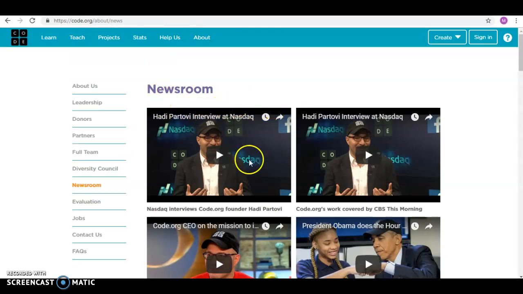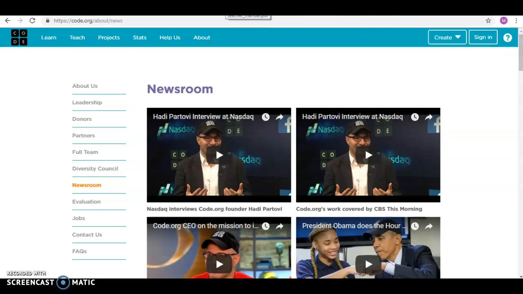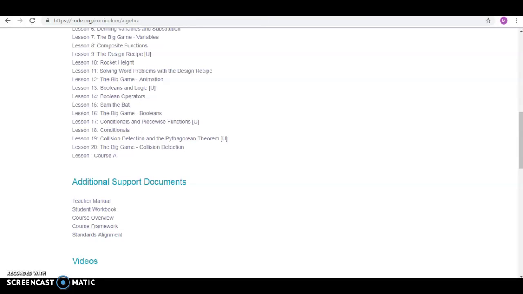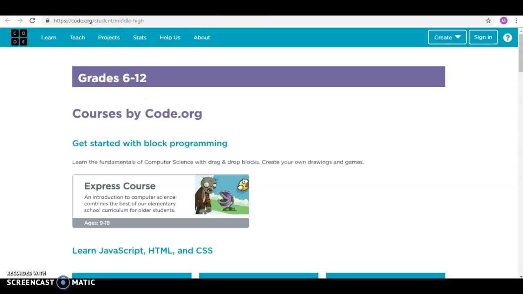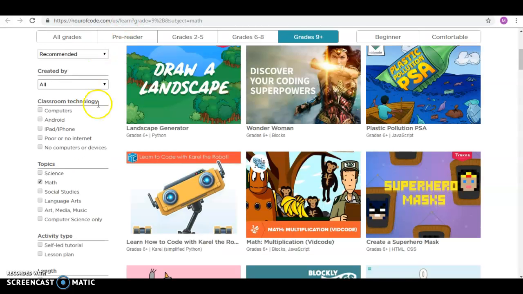You can see just how popular code.org, this advocacy coalition, is. Really popular. They've got plenty of videos here if you would want to sort through it. Getting back to what I'm interested in, that algebra piece, the geometry piece, there aren't as many curriculum documents, but you can do a search for different projects within that they have within the high school curriculum. In searching for these projects,